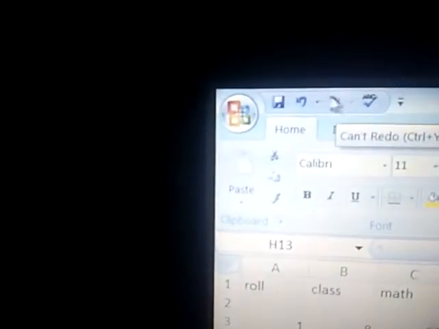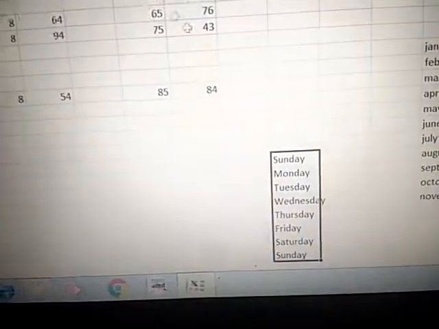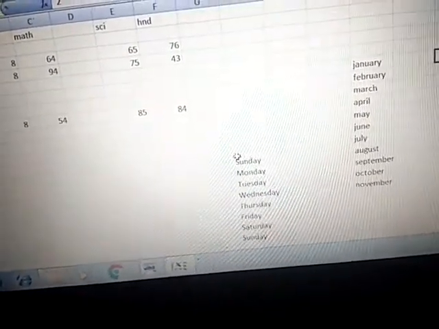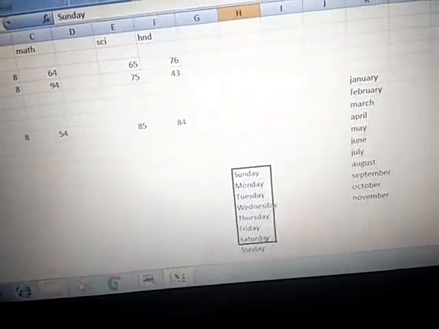Now, what is undo? Undo means not repeat the action. Okay, see, there is the undo option and this is the redo option. I selected the days of the week, just click undo. Okay, nothing will happen. And when I select here and click on redo, one more time.